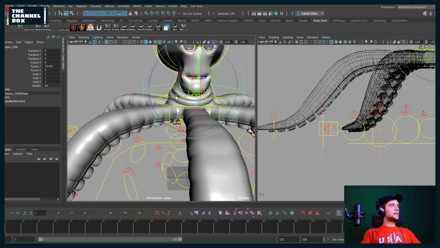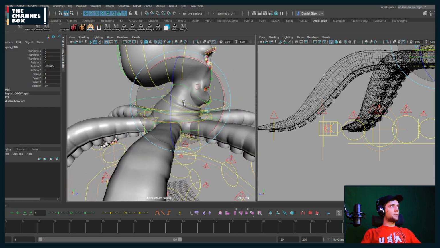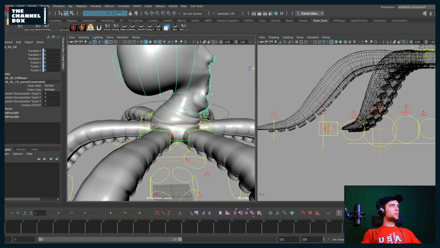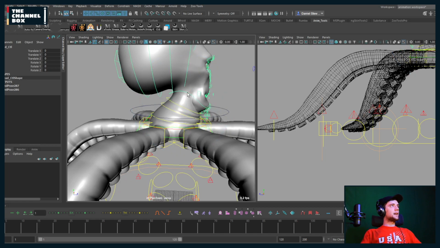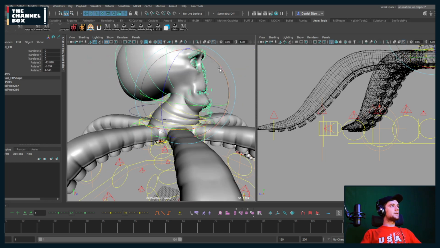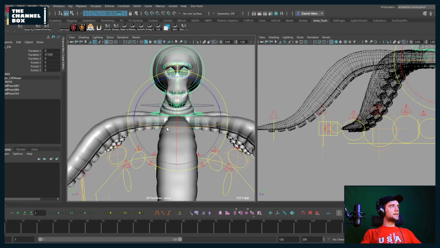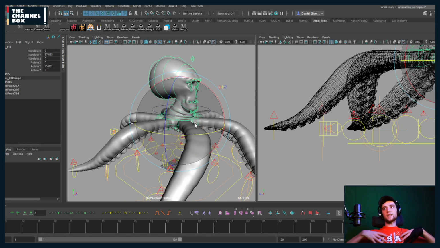But hopefully you get the idea of what I'm going for: this control is what I would animate for the neck. And then I would go up to neck 03 control to animate this. And then even go up here to animate this. And then for the legs and hips and all that, I would just rotate this control. Because for an octopus,